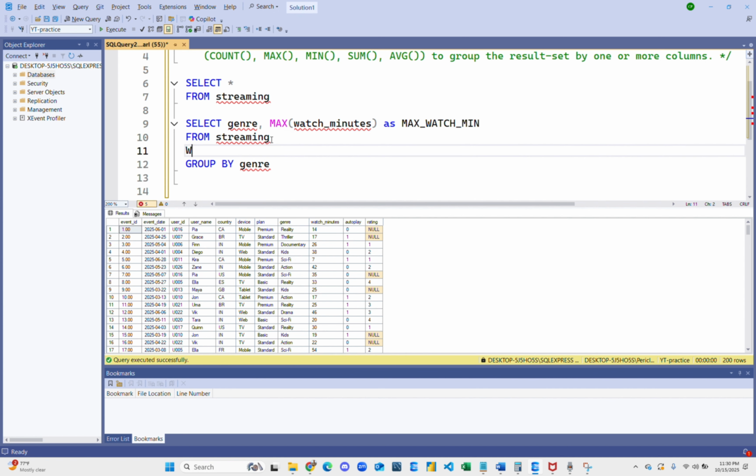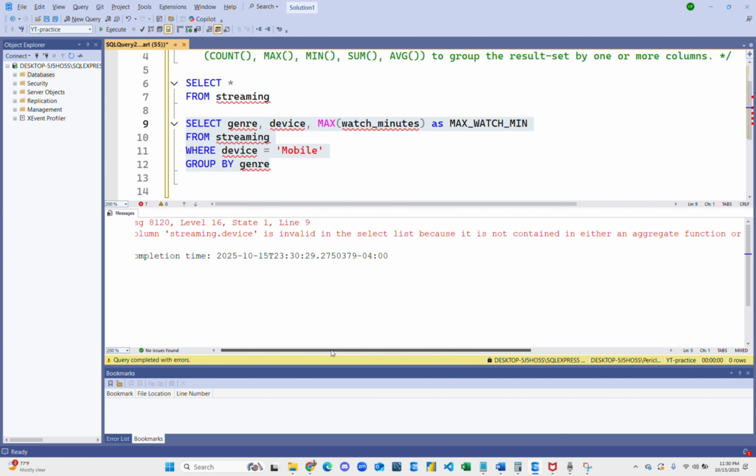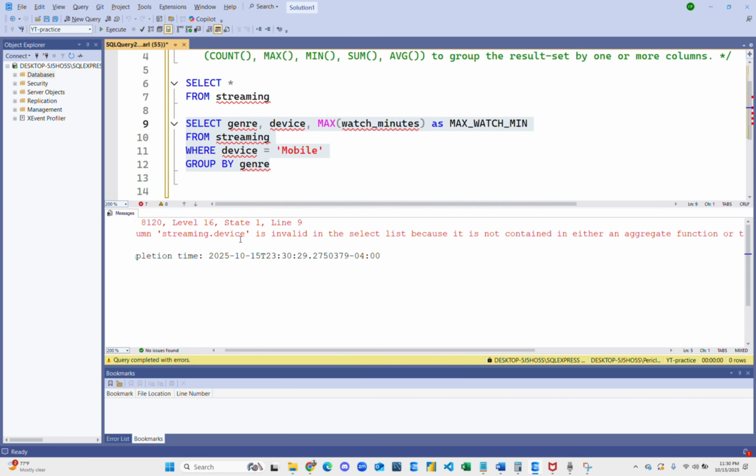So that's when we're gonna come in and use the where clause. We're gonna say where device equals mobile right here. And then we're going to put the device column so we can see exactly what's happening. We can put it right here, comma. And then when we run this, watch this. Error, right? Streaming.device is invalid in the select list because it is not contained in either an aggregate function or